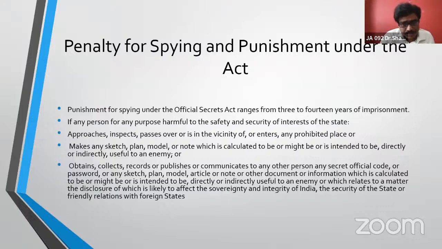The punishment ranges from 3 years to 14 years of imprisonment if any person, for any purpose harmful to the safety and security of the interest of the state, accesses information, approaches, inspects, passes over, or is in the vicinity of a particular place, or enters any prohibited place, or makes any sketch, plan, model or note which is calculated to be, might be, or is intended to be directly or indirectly useful to any enemy, or obtains, collects, records, publishes, or communicates to any other person any secret official code